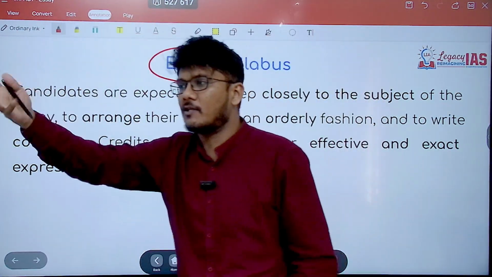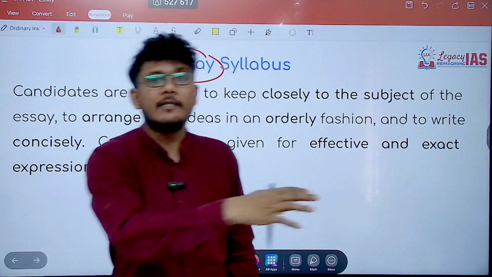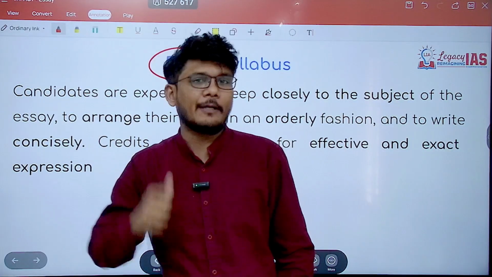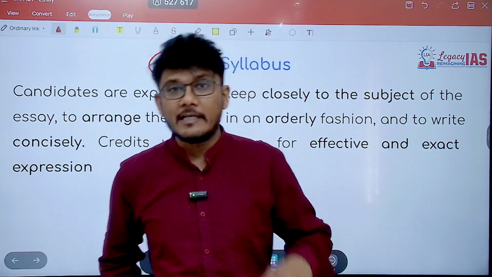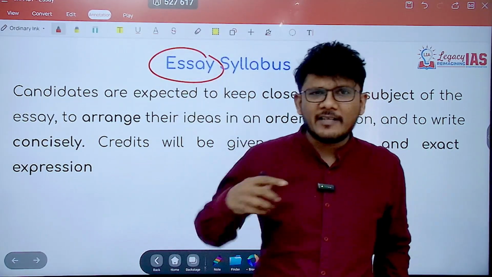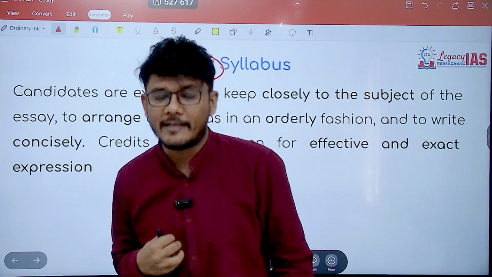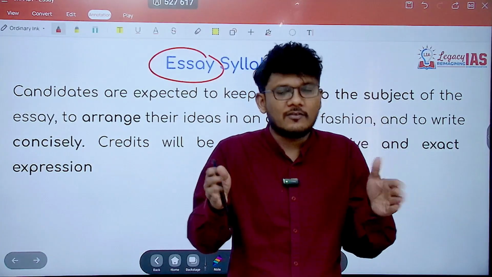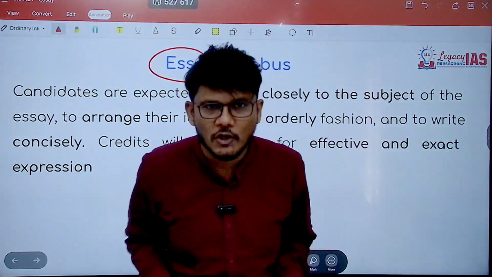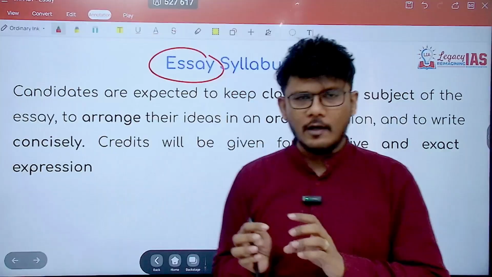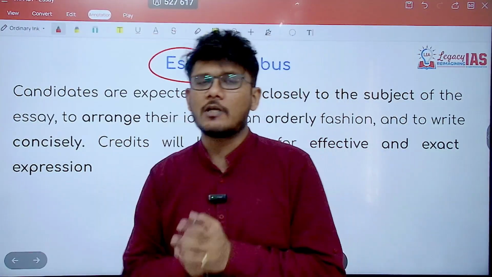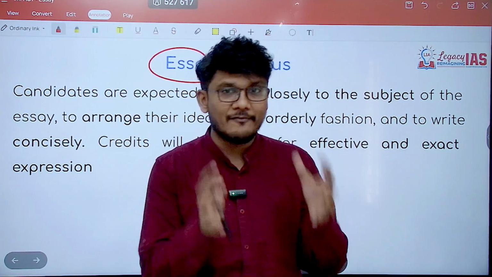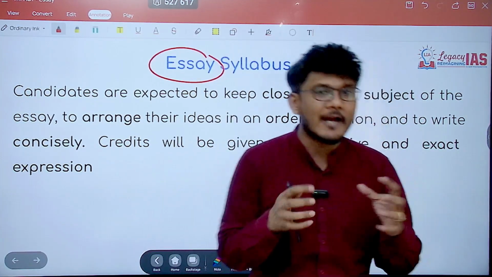So it's on the higher side as compared to your GS papers. So it's at par, if not more, with respect to your optional papers. So it is a high reward paper. But then why is high risk also attached with it? That is because you have to write 2 essays of 125 marks each. So if you go wrong, if you do not address what is required, if you go wayward in one essay, 125 marks are at stake.